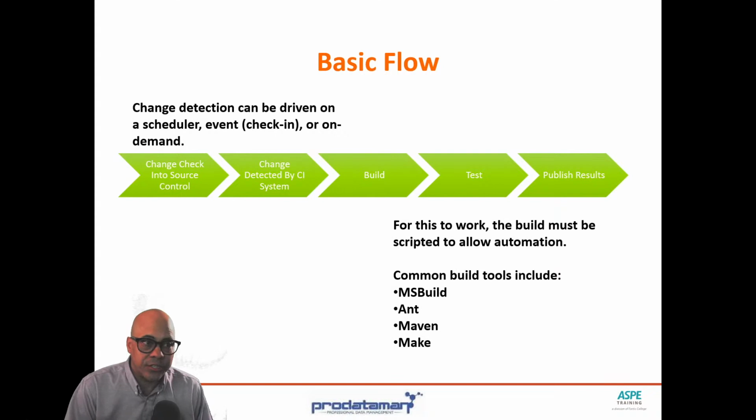But once that change is detected, the system says, hey, something new is here. Let's see if it compiles. It runs the build. If the build succeeds, awesome. We move on to testing. If the build fails, we can configure Azure DevOps so that it automatically creates a bug and assigns the bug to whoever just checked in this bad code.